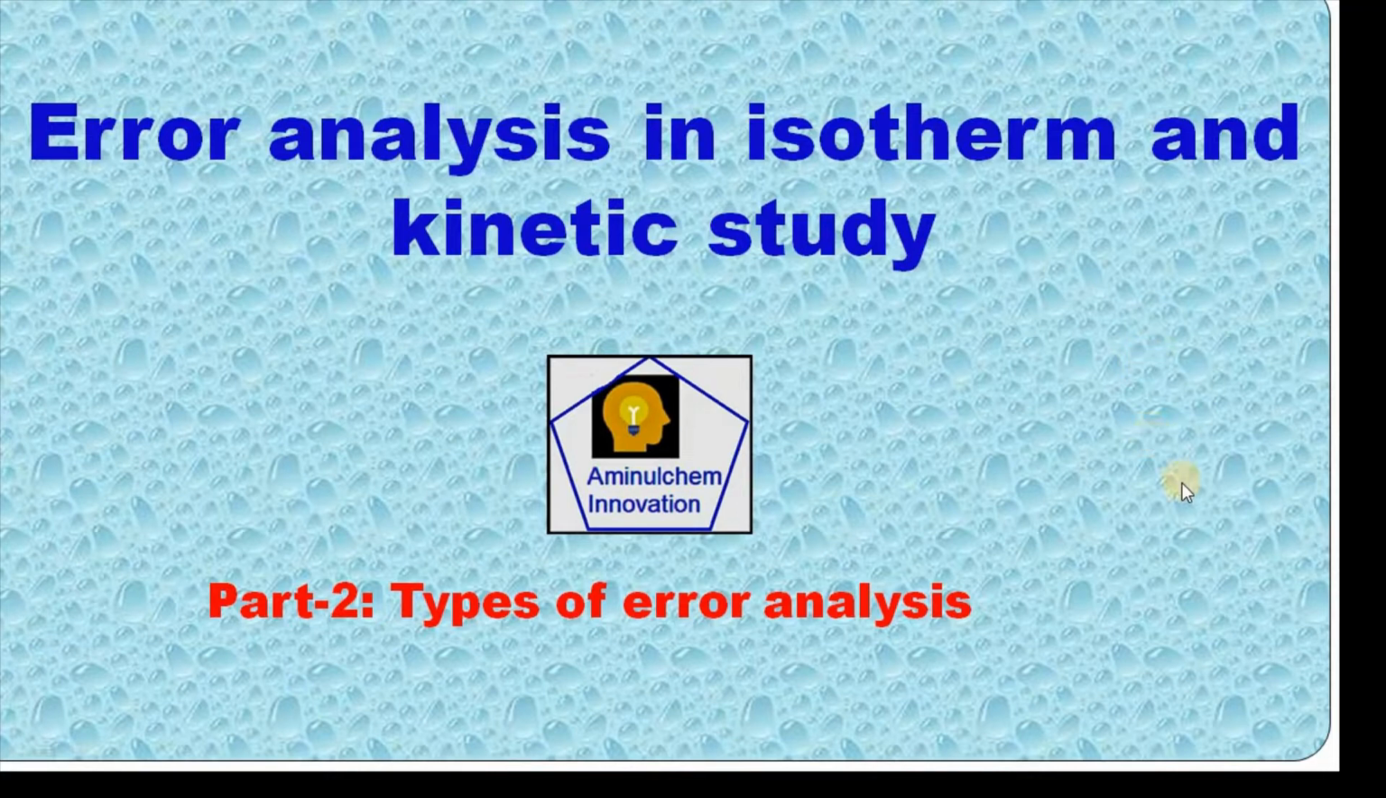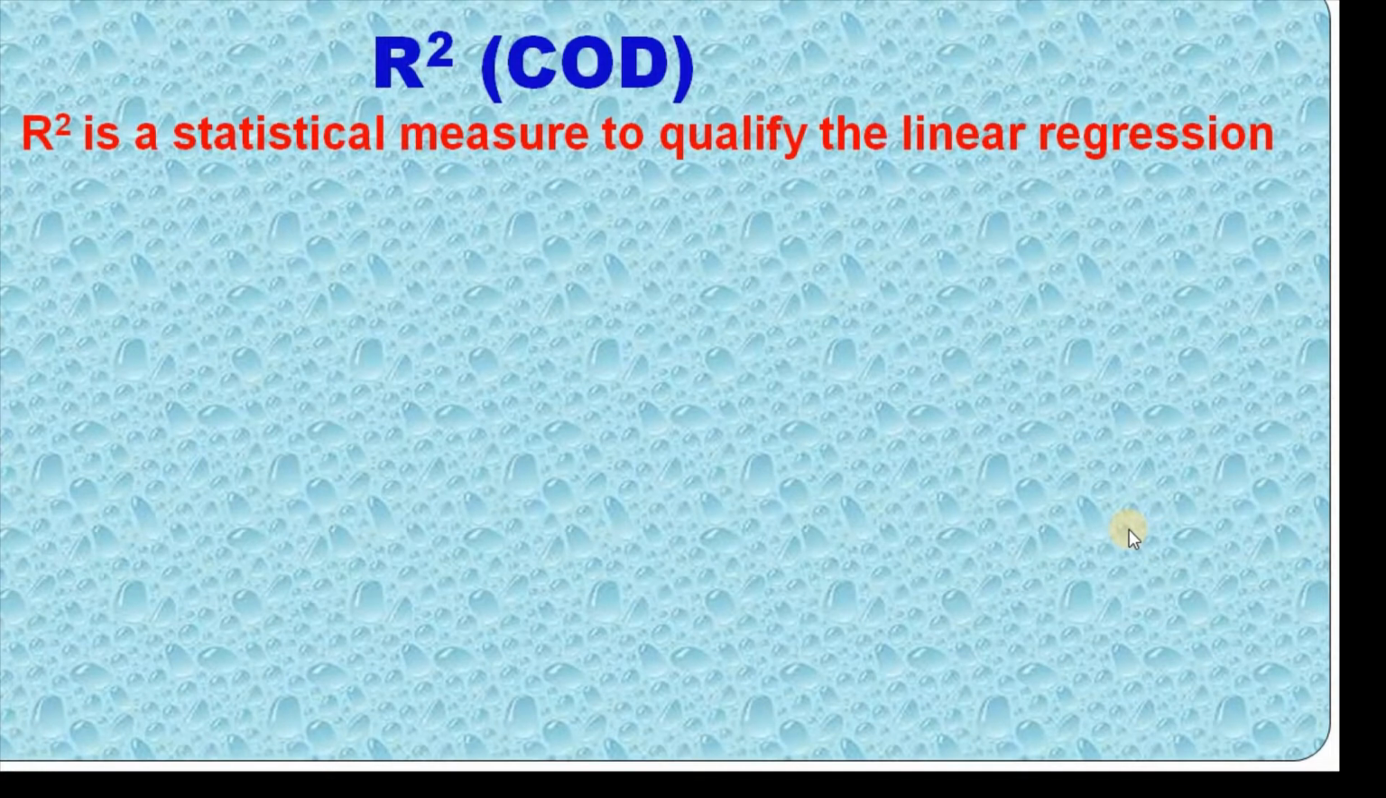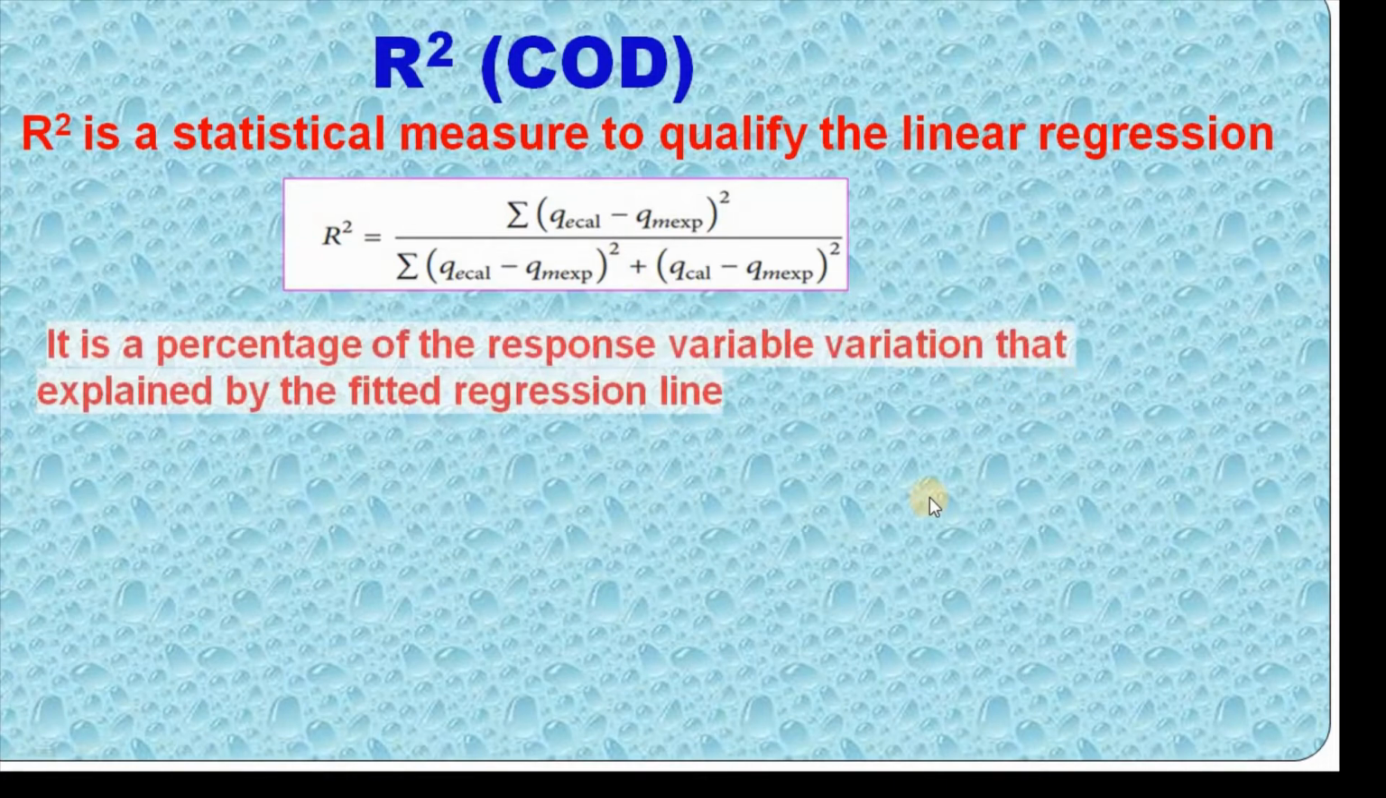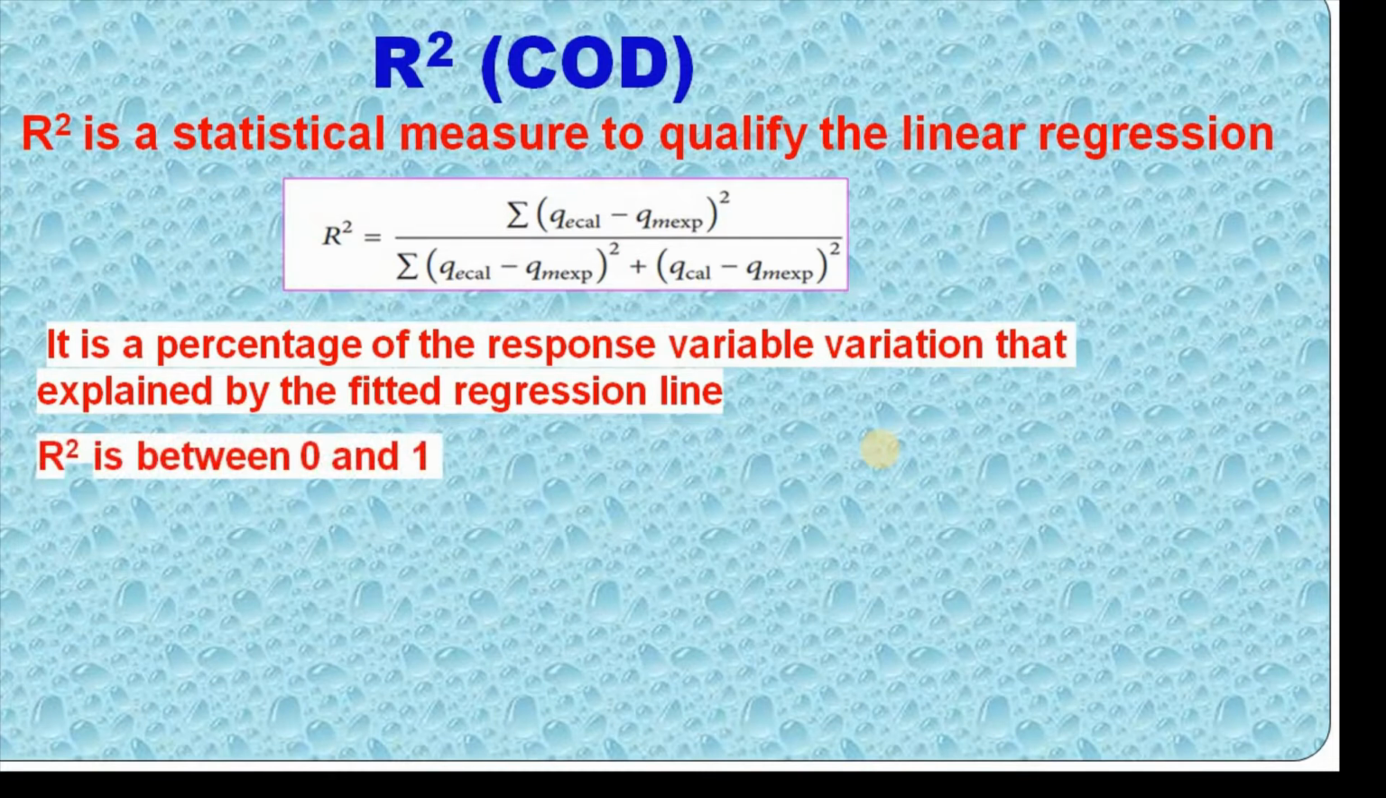Well, the most commonly used error analysis is R square or coefficient of determination, which is a statistical measure to qualify the linear regression, and it is defined as R² equal to this, and it is a percentage of response variable variation that is explained by the fitted regression analysis, and it has got